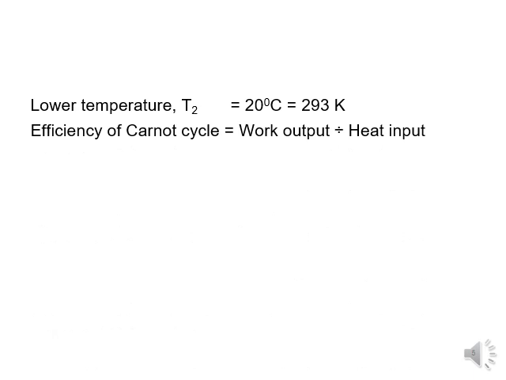So the efficiency of the Carnot cycle, we know, is work output divided by heat input. Work output is 12.51 and heat input is 27.78. Dividing work output by heat input, we get 0.45. To express it as efficiency, we multiply by 100 and get 45 percent. Next, they also ask us to calculate the maximum or highest temperature, which is T1. So we got the efficiency of the Carnot cycle as 0.45.